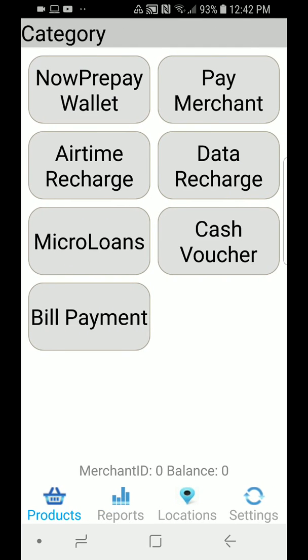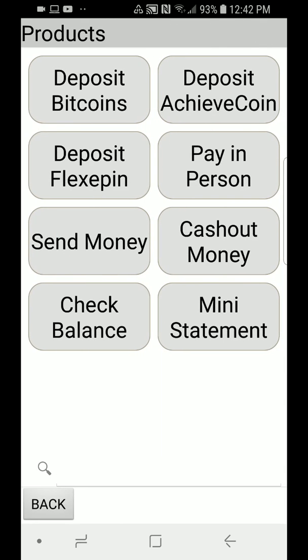So once it initializes, it creates a record on the system, and it shows the different products that they can have. So now they have a balance of 0, as you can see down there, and the first thing they need to do, they need to put money in their account. We can call this an account, or we can call this a wallet. Let's say we call it a wallet,